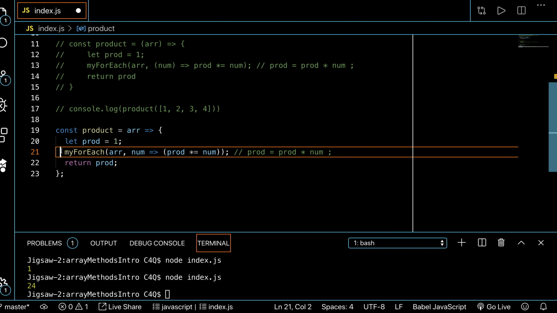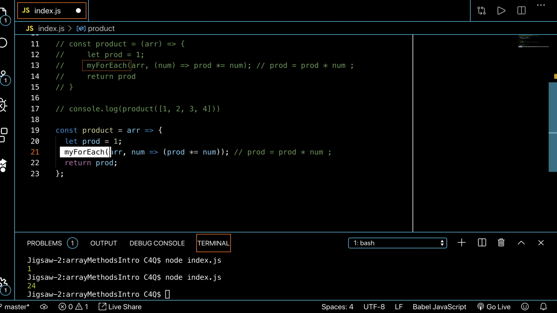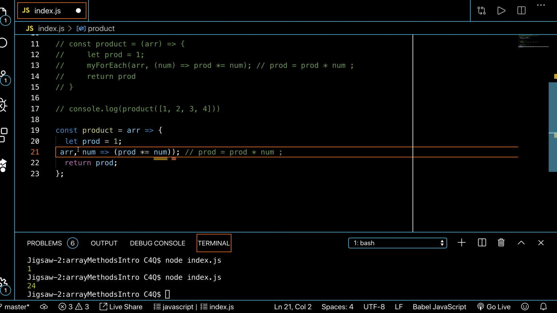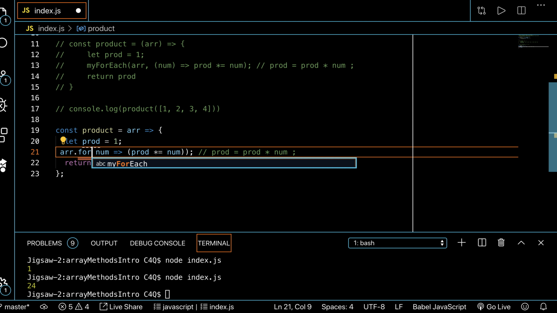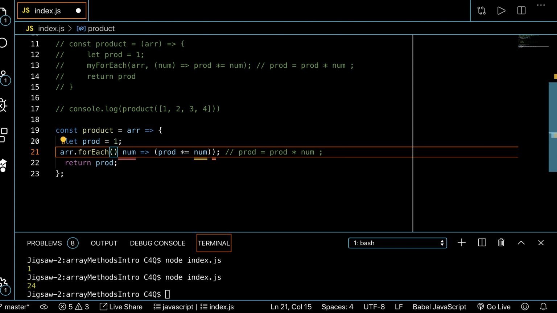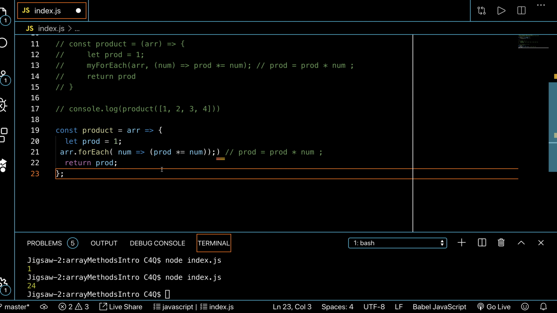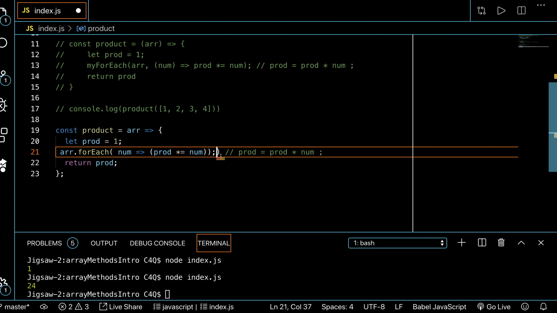So instead of my forEach, we don't have that, but we're going to call it on the array itself because it's an array method. So we're going to say array dot forEach, and then open up the parentheses and pass in the argument like that. I think I might have an extra thing here, but